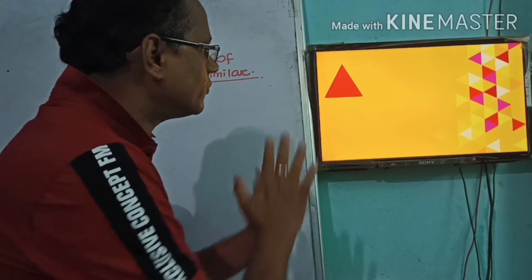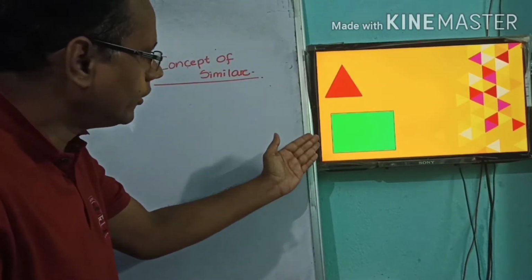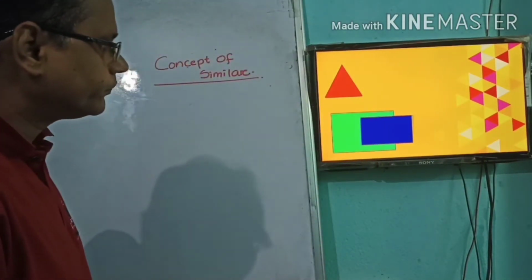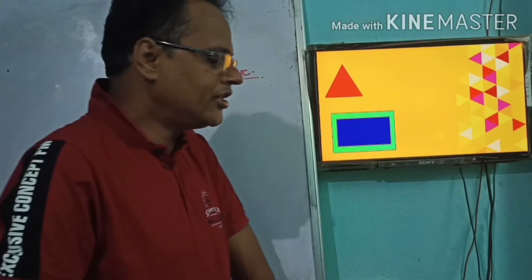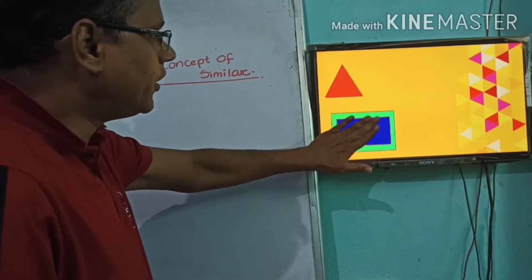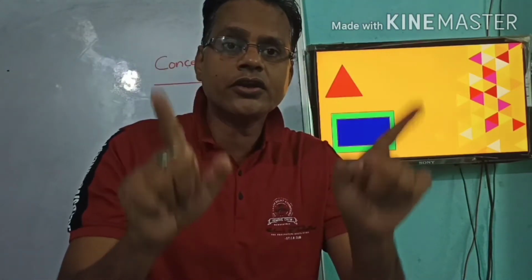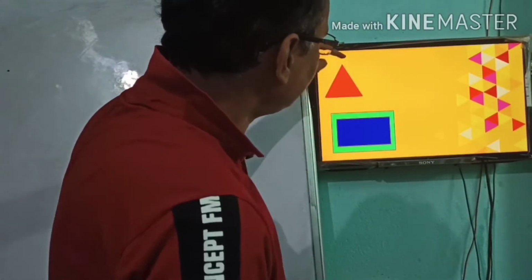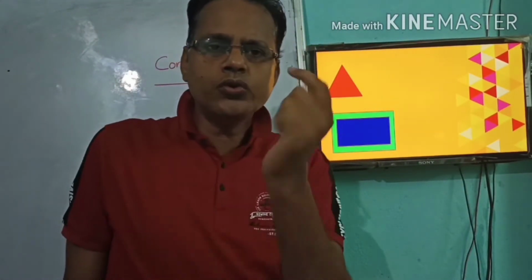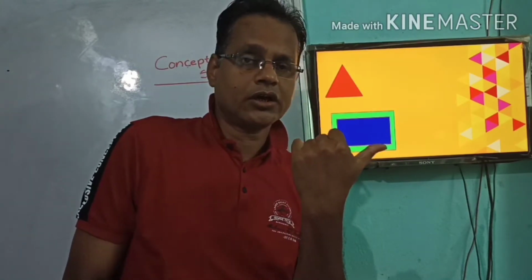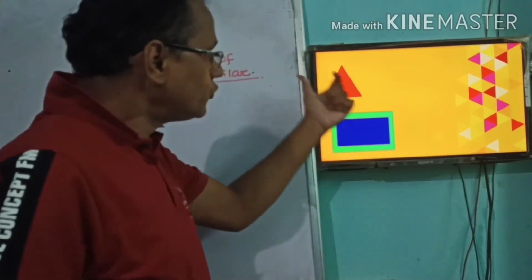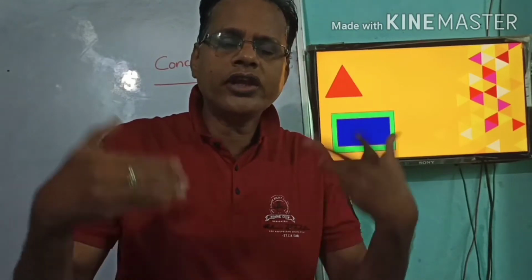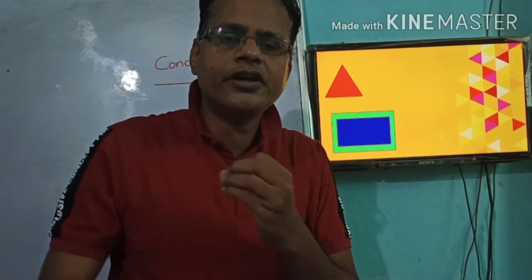Now we look at the next situation. Here is a rectangle and here is also another rectangle. Now if you want to superimpose, you see, in this case one rectangle is completely inside the other rectangle. Here it is not matched. So I want to tell that these two situations will lead us to a conclusion that they are similar figures. Are you getting it? How they will be similar figures, we will discuss now.